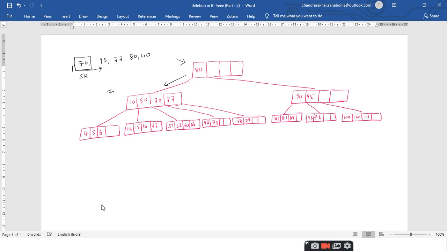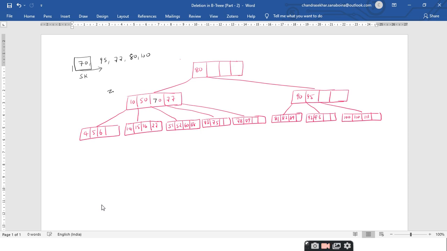So 70 is compared with 10. Since 70 is greater than 10, move to its right hand side. Again compare 70 with 50. Since 70 is greater than 50, you move to its right hand side. Compare. Here you have found that 70 is there, right? So after the search is successful, what is it that you have to do?